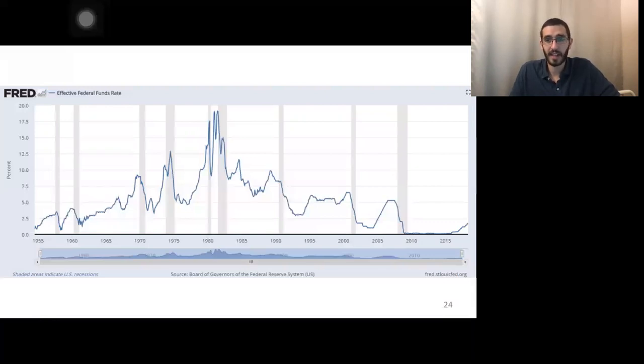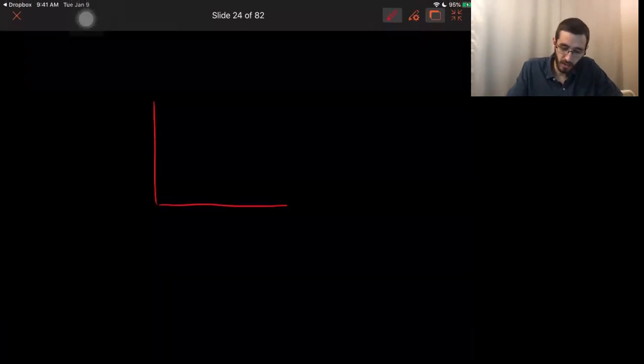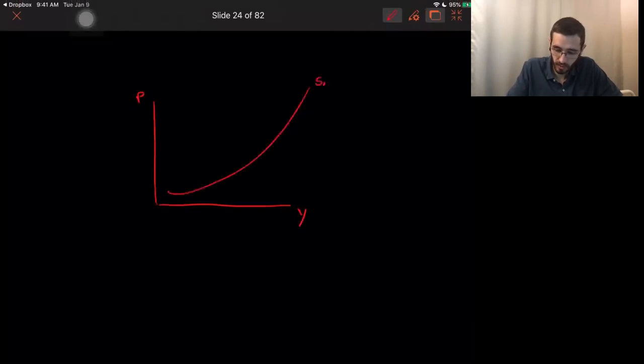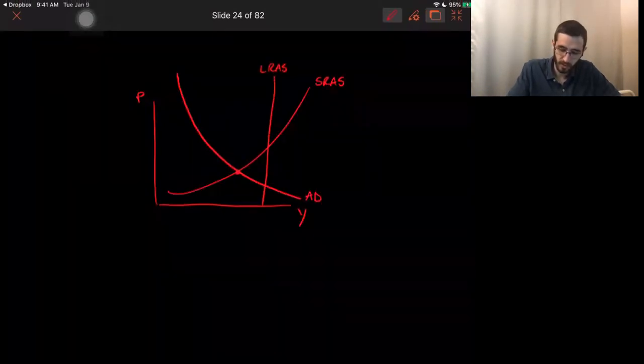Okay, so let's focus on something that we're experiencing right now. We're currently experiencing the pandemic, and let's focus on how the central bank could stimulate the economy to grow. If you think about it, and I'm going to draw it here, we're talking about the aggregate demand and aggregate supply model, where we have short run aggregate supply and long run aggregate supply, right? And if we're in a recession, we have aggregate demand a little bit further left, right? So you can see here there's a GDP gap that is negative,